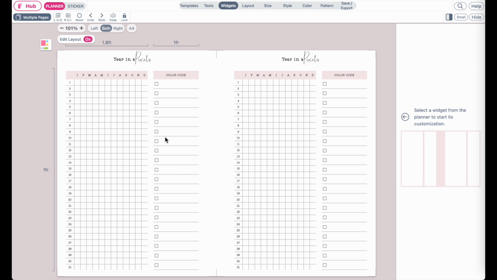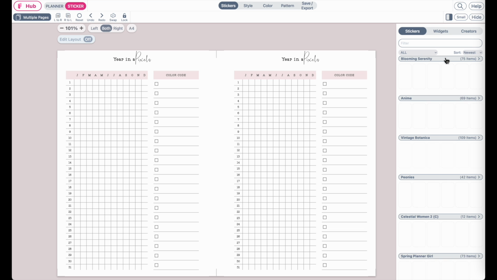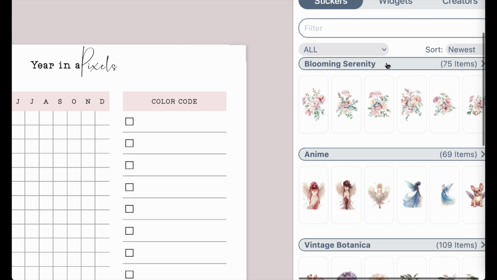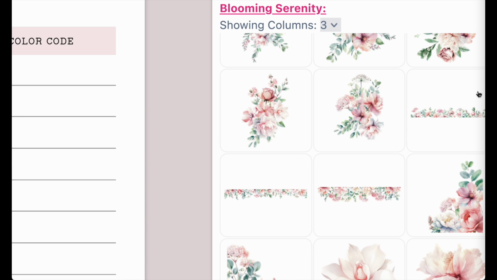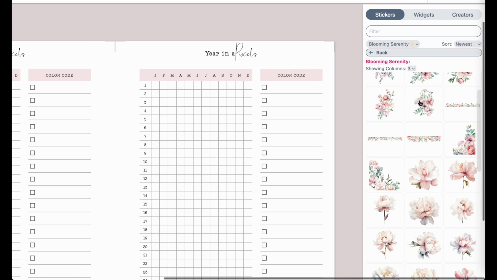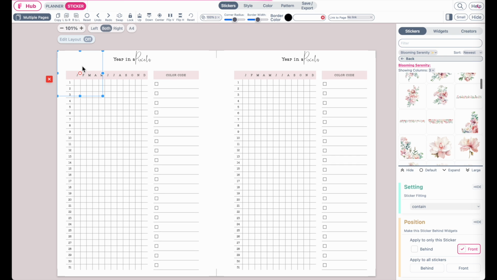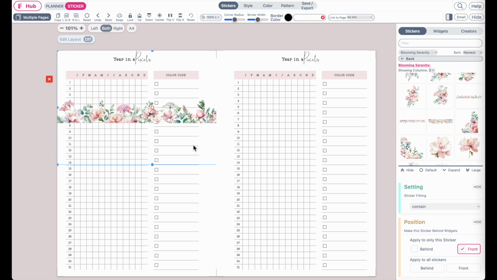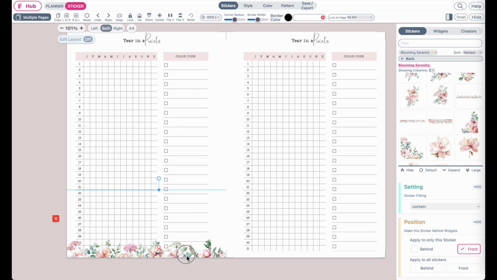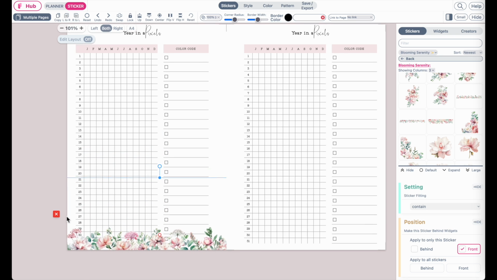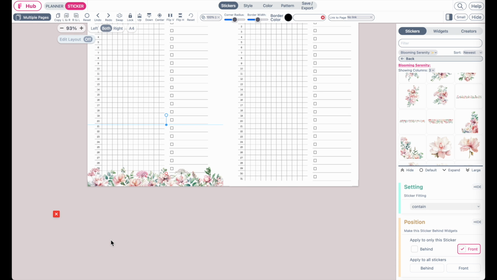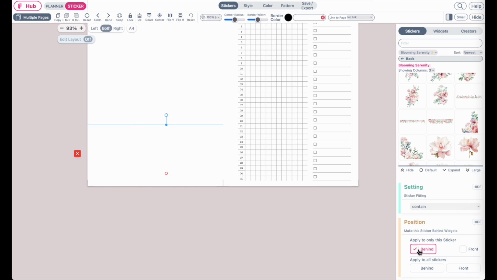If you want to further decorate it, you can go to sticker, and then you can open the Blooming Serenity collection right here. And then you can, for example, add a floral border. So here, this border right here, or one of those, just click on it, add it like this, make it bigger, drag it down. You can have it overlap the planner, or you can also have it behind the planner so it's not covering the last few lines here. To bring it back in the setting, click on behind,